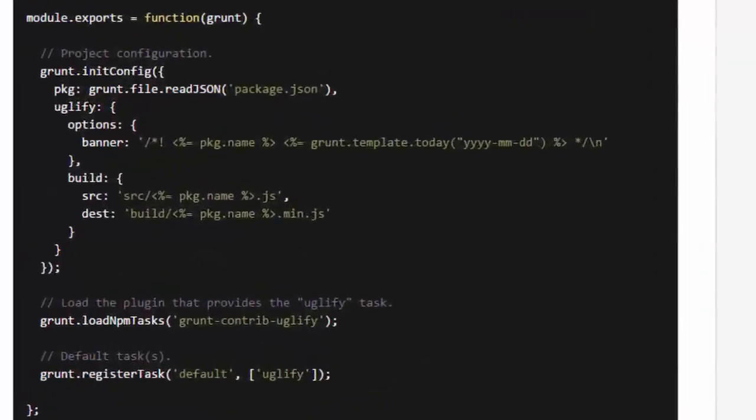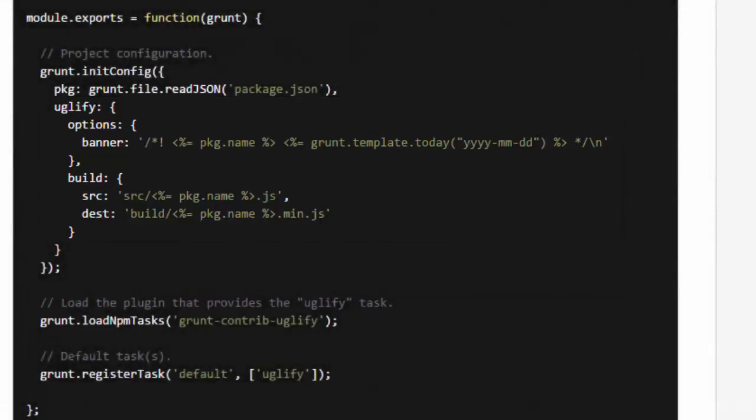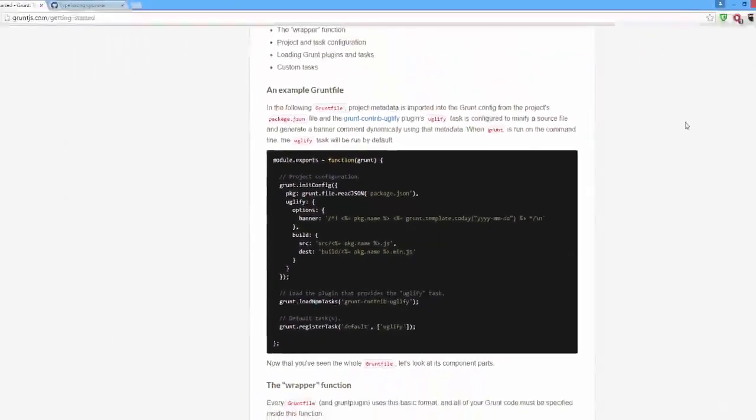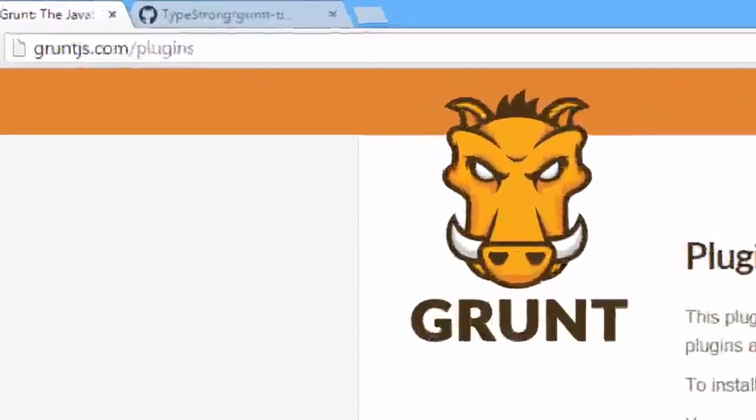Grunt uses what is called a gruntfile to manage the automated tasks that it will be performing for you. In this example gruntfile, one task has been specified, uglify. The idea here is that when you call grunt from the command line, it will automatically uglify files based on the specifications you've provided. In this tutorial, we'll be taking advantage of this functionality for TypeScript. Grunt has many plugins. In many senses, that's the whole idea behind Grunt, is to have powerful plugins that automate daily tasks for you. You can take a look at all the available Grunt plugins at